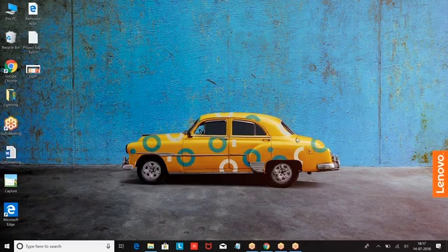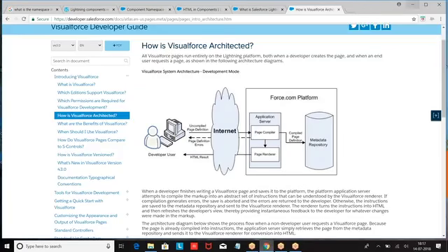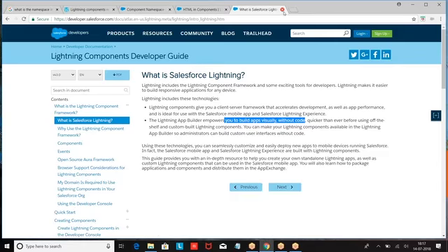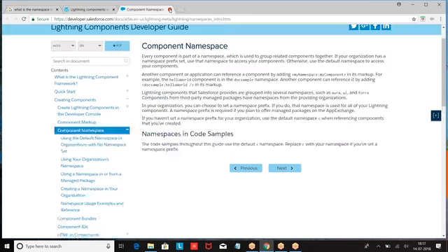Now there's a way of checking the readiness of your Lightning application. Internally we have an option. If we enable that option, Salesforce will generate a report for you and say, boss, these are the functionalities you are using, and these are the functionalities which are available in Lightning. These are not available. As these are not available, rebuild. So it generates a report for you. Okay, based on that report, I will convert it. A quick idea, as somebody has asked me, how to convert existing applications into